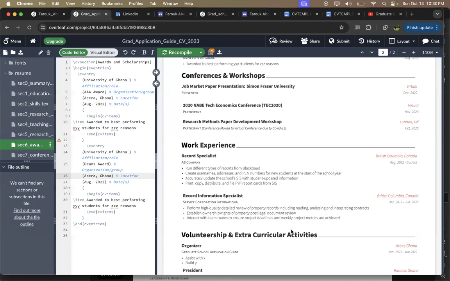Also, make sure you include all that Farouk has presented, and you will have the recorded version. Don't include things that may not be relevant for your admission process. For example, you don't need to include your religious or marital status or your age. You don't have to include those things. So keep it very simple, very short, and go straight to the point.